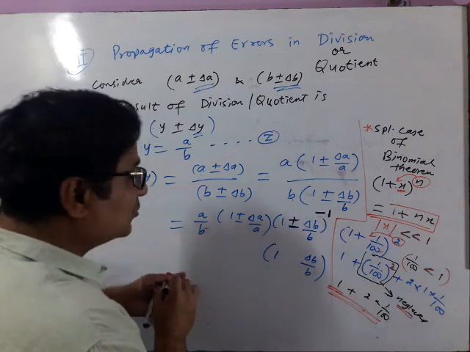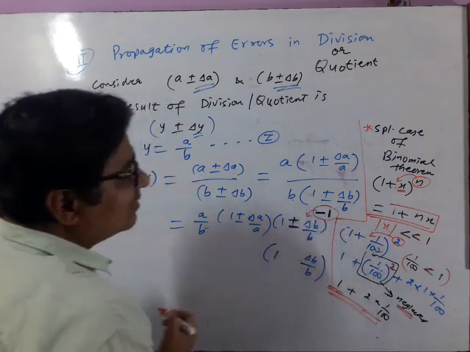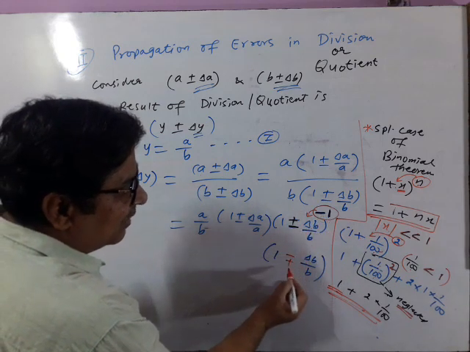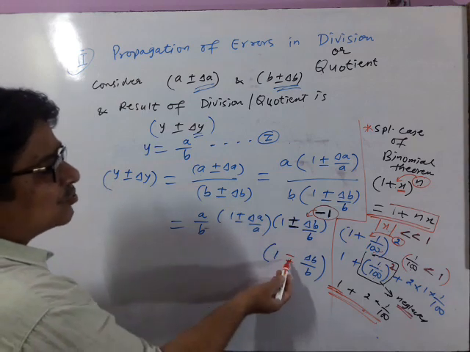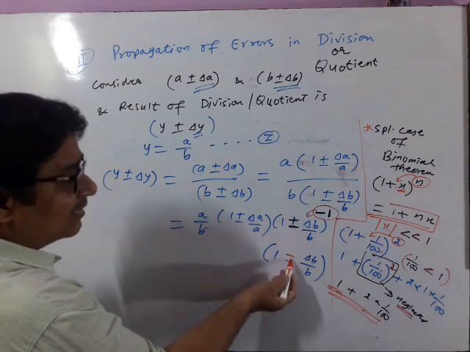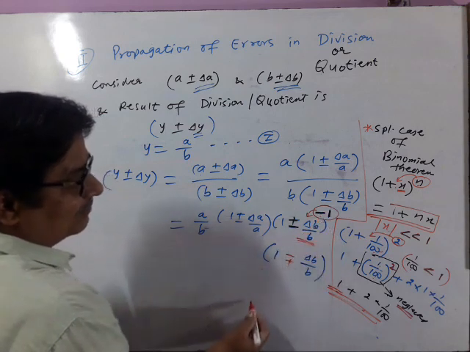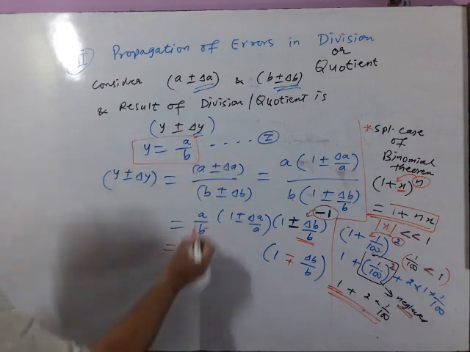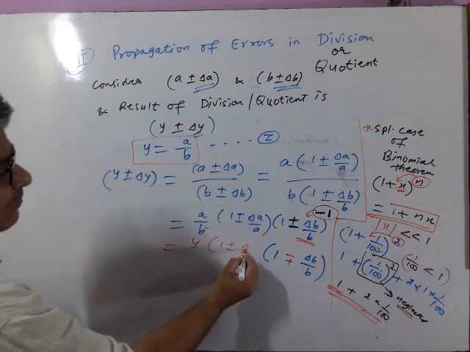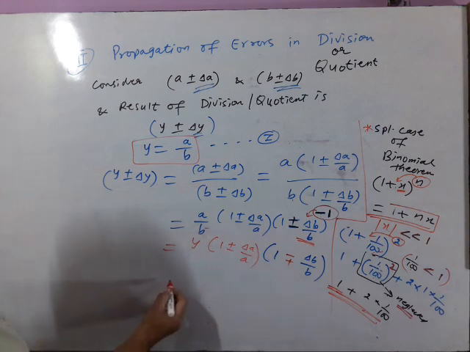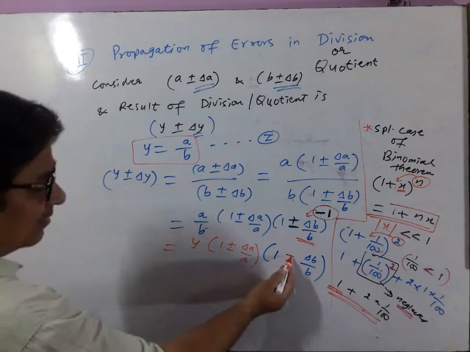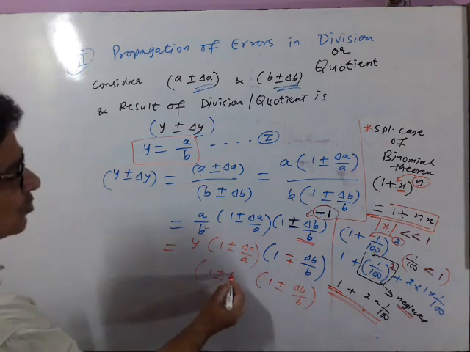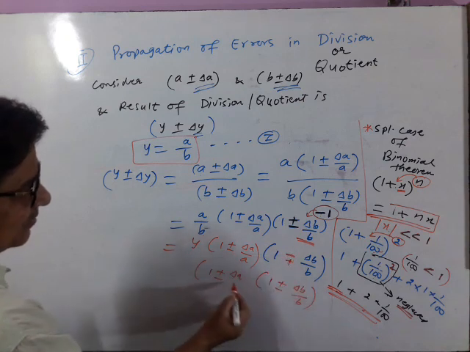Now this minus 1 multiplied here with this. So minus 1 into this, it will become minus plus delta b by b. Again, there is no difference, minus plus or plus minus. But I am telling you, we are multiplying minus 1 with this. Now a upon b can be written as y, and 1 plus minus delta a by a. The same thing, minus plus, again I am writing with 1 plus minus delta b by b. Because there is no difference, either you write minus plus or plus minus.